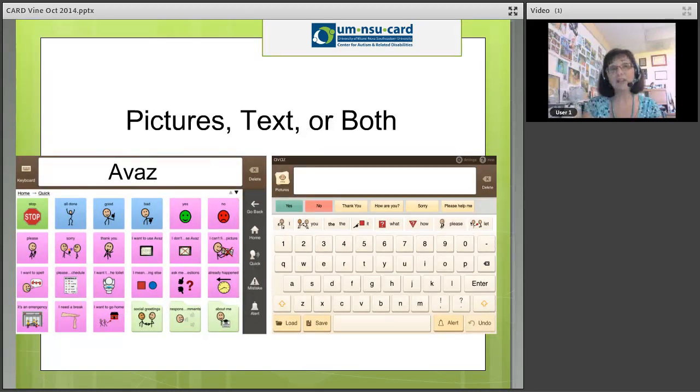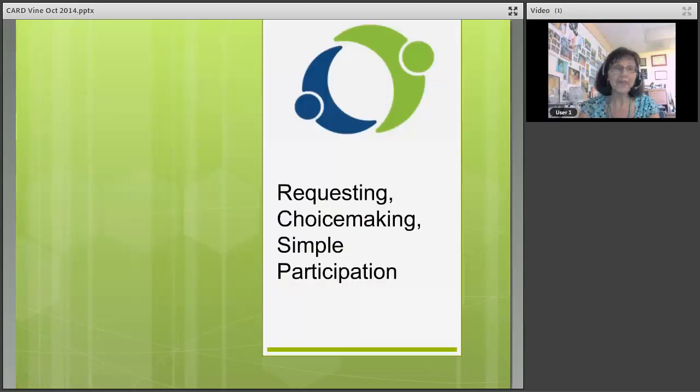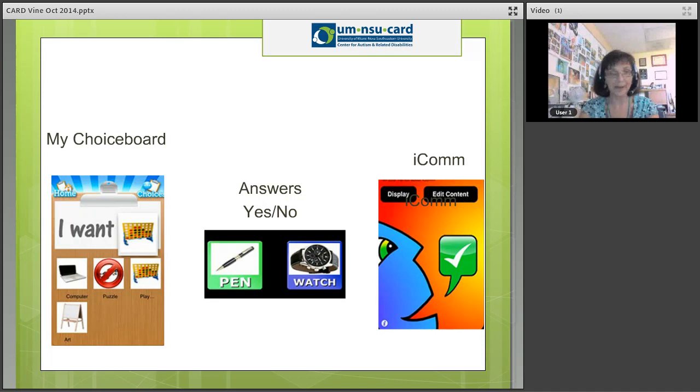All right, so now let's talk about some that allow us to have both pictures, picture symbols, and text. I'm using a vase as one example, but there are many of them. I'm going to show you first some that are best for choice making and participation, and here are a couple of them. You can see kind of what I mean as I show you some of these, that they tend to